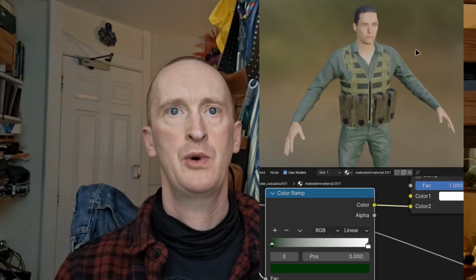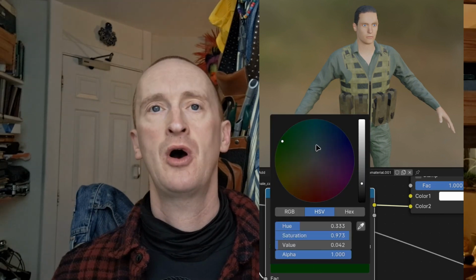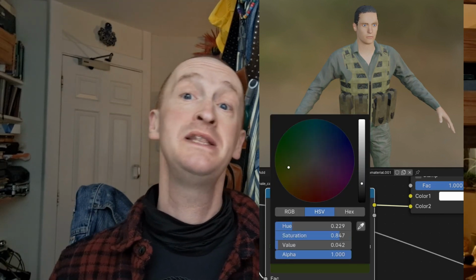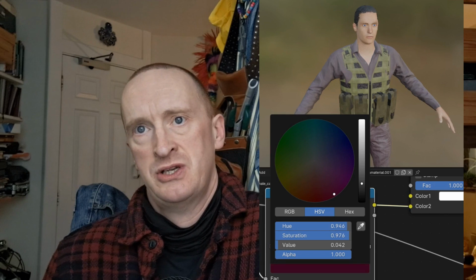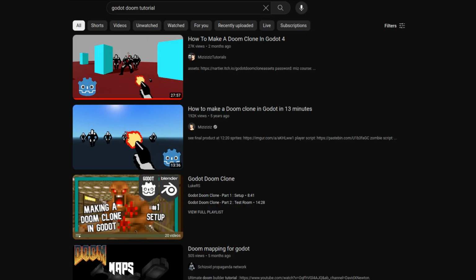2D is arguably easier to work with and definitely less resource hungry for the game engine. However, 3D models look better and are arguably easier to customize within the game, i.e. with different textures and that sort of thing. I've decided to at least start with 2D, with options to go down the 3D route further down the line. YouTube is perfect for finding Doom for Godot tutorials. Even if I change my mind regarding the 2D sprites and go for 3D, I'll learn a load of relevant stuff regarding Godot and also coding.